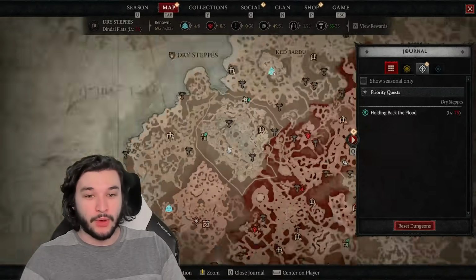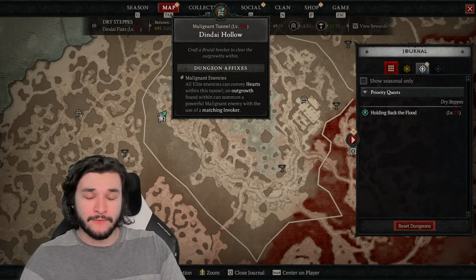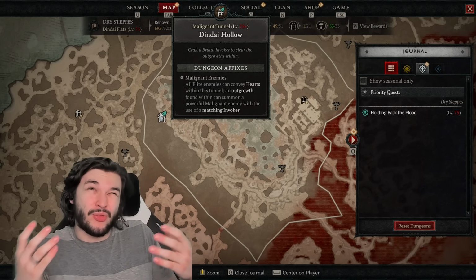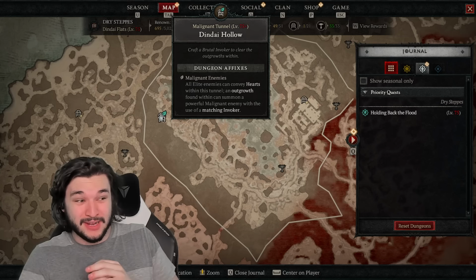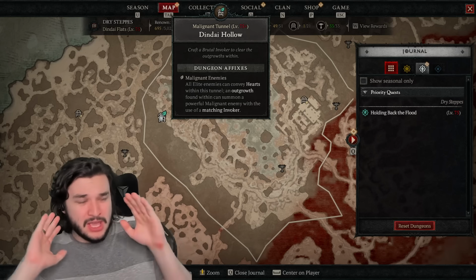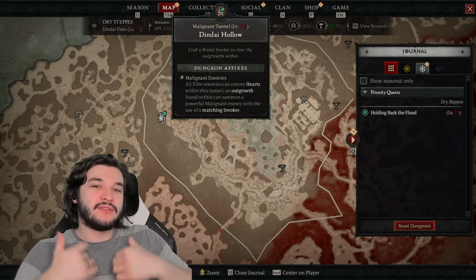And little bonus point, the Dinde Hollow dungeon here is actually a decent farming spot. It's not great, but I think it's like 30% worse than some of the optimal farming paths. And if you're only doing it for like 30, 45 minutes, well, you're not really losing all that much time. And most people don't even care about that. If you're looking to just get stronger and feel stronger and not struggle as much, this is a great way